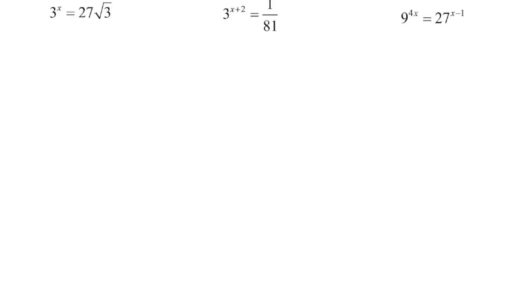This fourth example looks like a fun one. We've got some radicals here. We have 3 to the power of x equals 27 times the square root of 3. Can we get those into powers with the same base? Well, we know that 3 cubed is 27, so that's going to help us out. I'm going to leave the left side as just 3 to the power of x. 3 cubed is 27, and we're multiplying that by